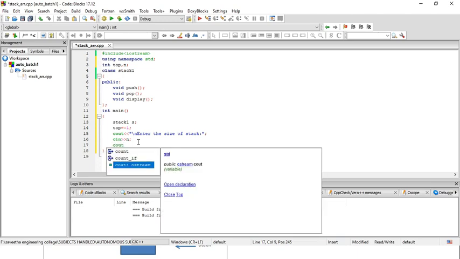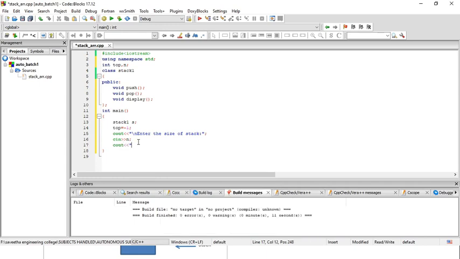Next, once I give the size, it has to give the options. That means 1 means go for push, 2 means pop, and 3 means display. We know if you are having options like this, we'll be using switch case. That's the usual thing that we do. Before going into that, let me have a proper display. Let me complete all that, and use all these \n\t wherever required, so that the output screen looks promising. It looks easier to access.